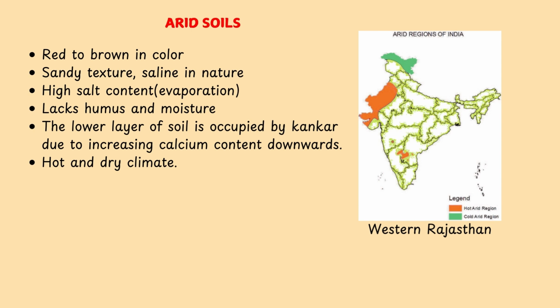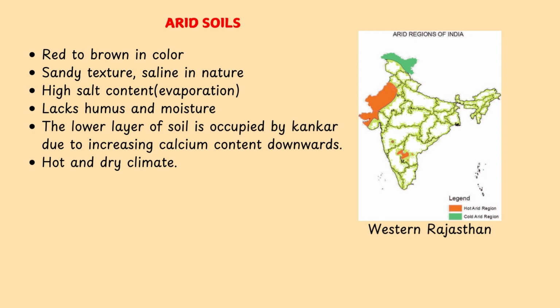Next type of soil is the forest soils. These types of soils are found in the hilly and mountainous areas where there is sufficient rainfall. When we come to the texture, it is loamy and silty in valley sides and coarse grained in the upper slopes. That means in the upper slopes it's less fertile, and coming to the downside of the valley the soil is more fertile, and it is acidic in nature with low humus in the snow areas, but humus is present more in the normal areas. It is generally found in the lower parts of the valleys,